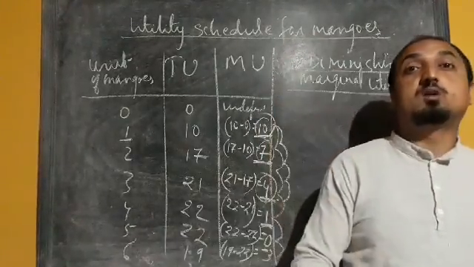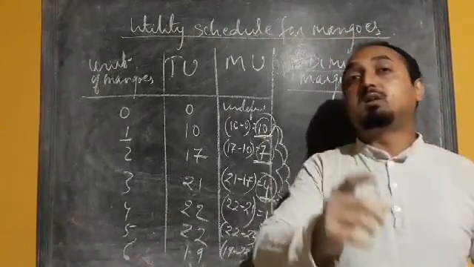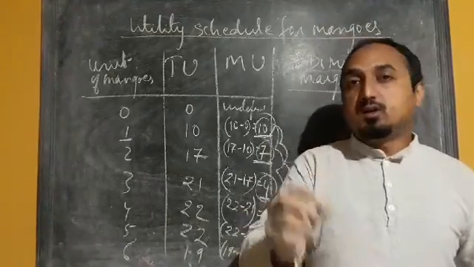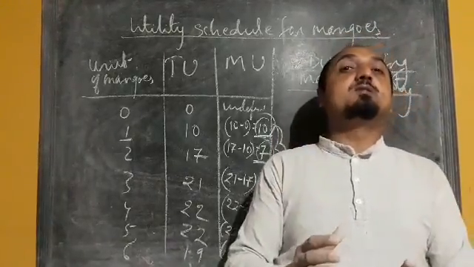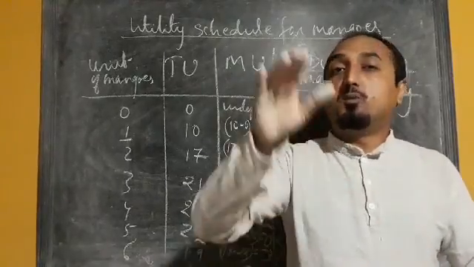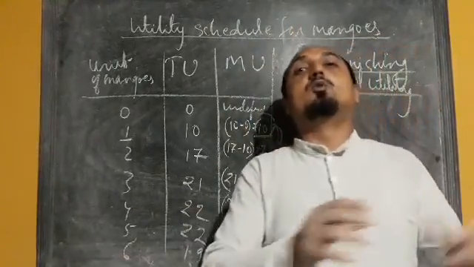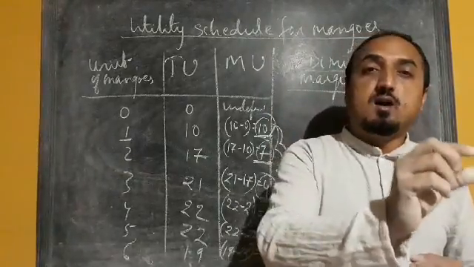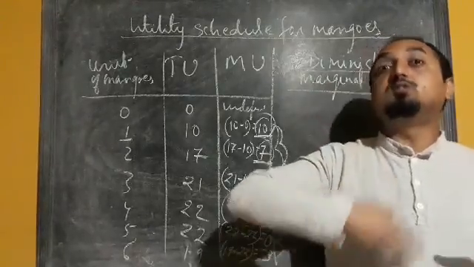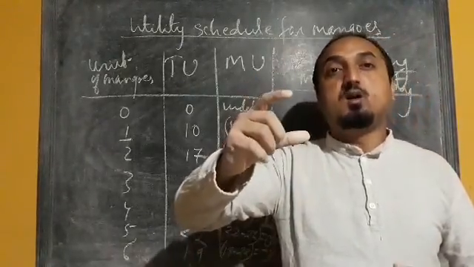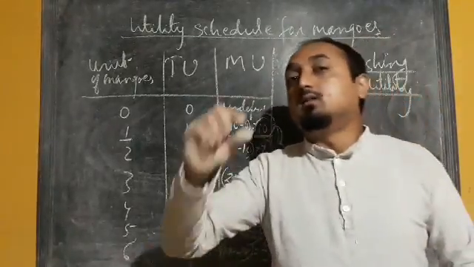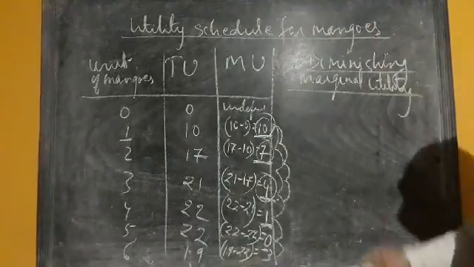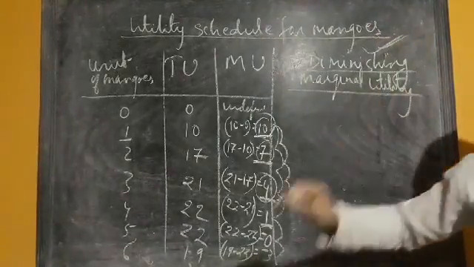In order to quench your thirst, if you take the first glass of water, that will give you maximum satisfaction. When you are asked to drink a second glass, you will get some level of satisfaction, but the satisfaction derived from the second glass of water will be lesser. Similarly, if you are asked to drink a third glass of water, it will give you lesser and lesser satisfaction. So when we drink more and more glasses of water, the satisfaction derived from the additional glass goes on decreasing, and that concept is called what? Diminishing marginal utility.